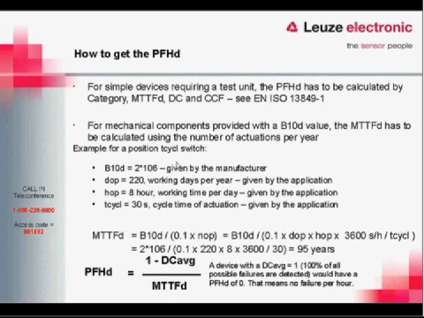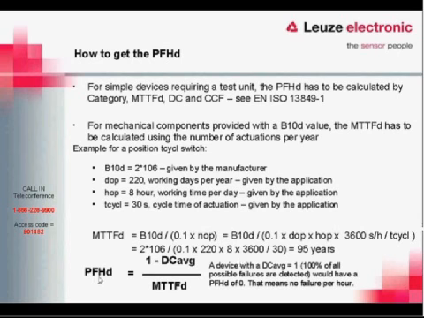So for this example, you would take your B10D, which is supplied by the manufacturer, the days of operation, 220 working days a year, the hours of operation, and the time per cycle. As you can see down here, MTTFD equals all of these together, which comes to 95 years